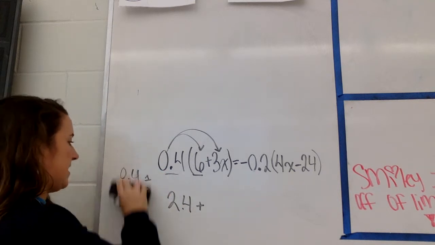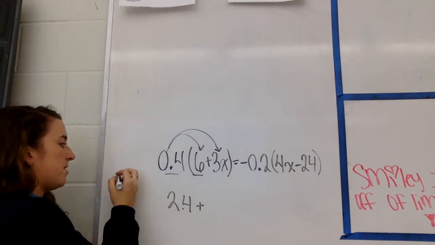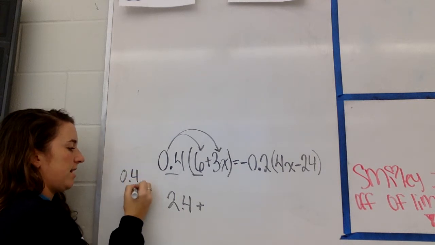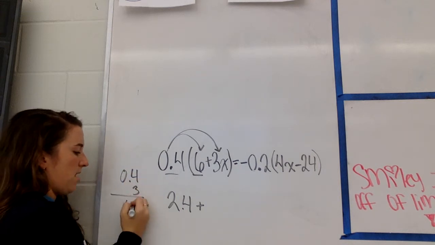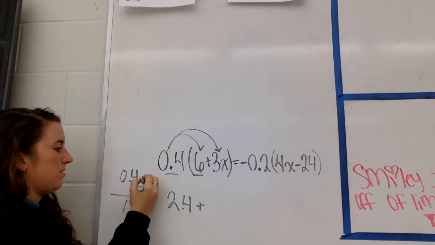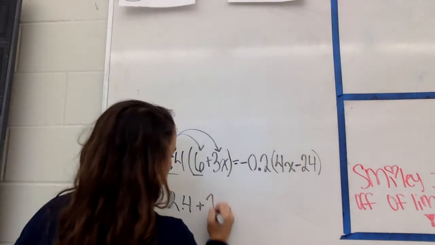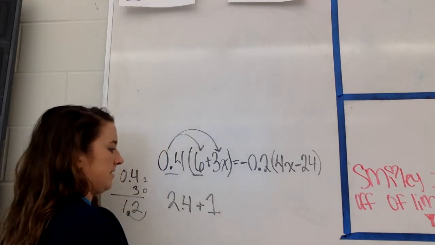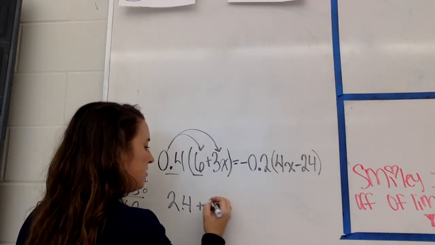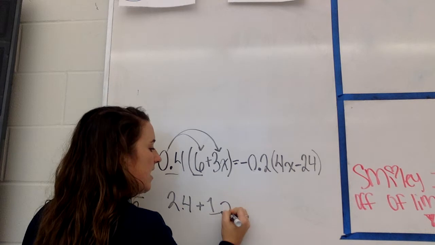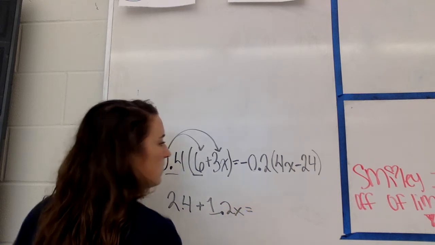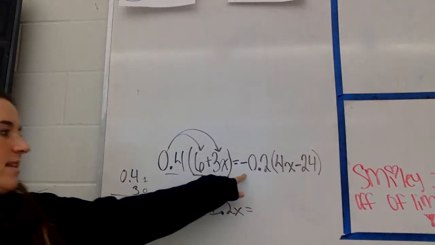0.4, 4/10 times 3. If we multiply 4/10 times 3, we get 1.2, because 3 times 4 is 12. We had 1 decimal here, 0 decimals here, so 1.2, or 1 2/10 x. So 2 4/10 plus 1 2/10 x equals, and then we need to do the same thing on the other